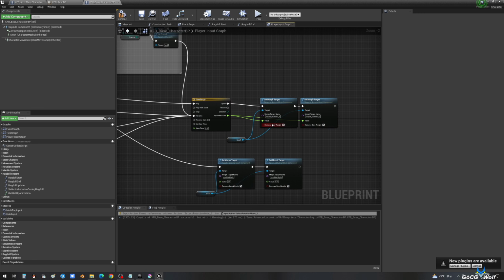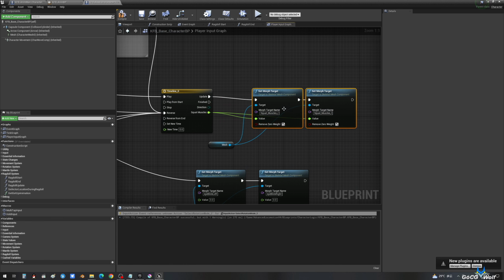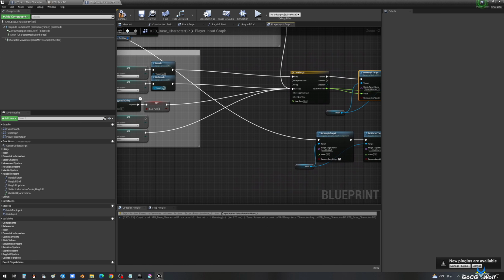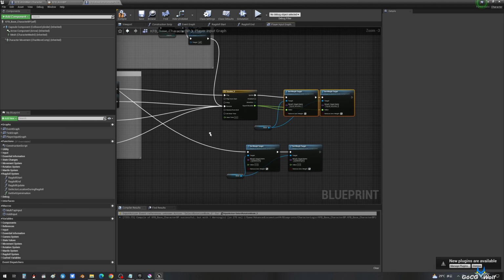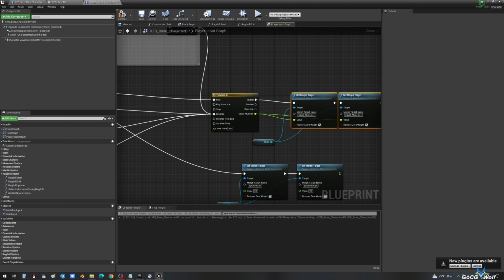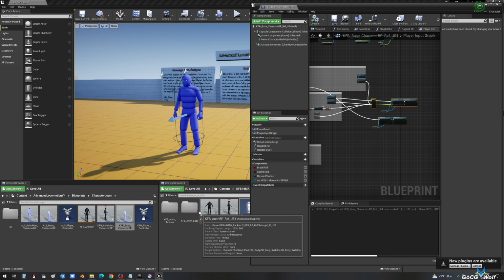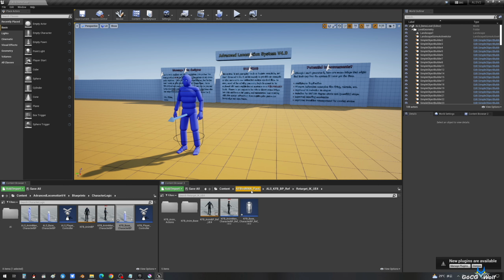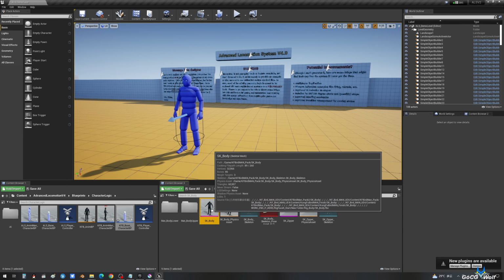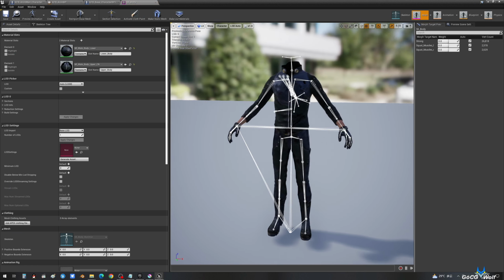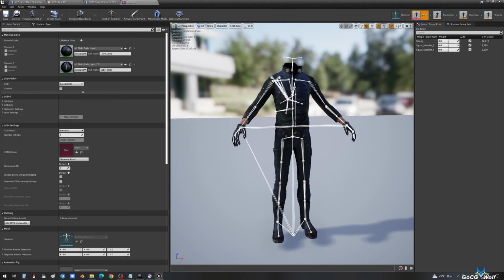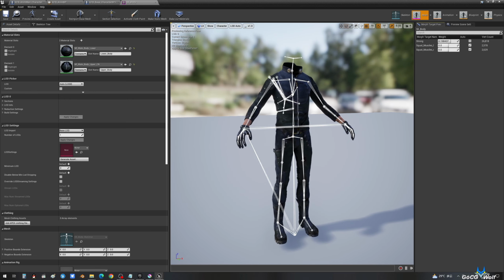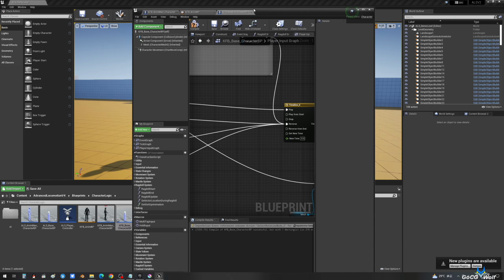When the character crouches, the muscles in the knees will expand. They'll return to normal when standing up or not crouching. Let's continue.